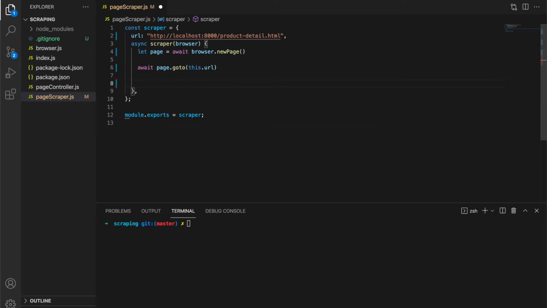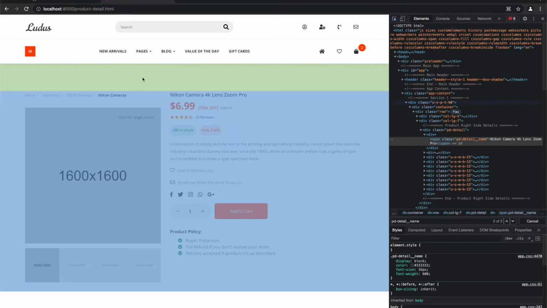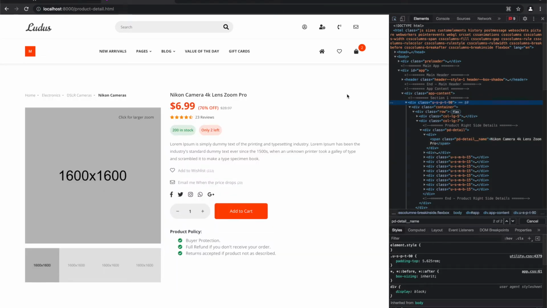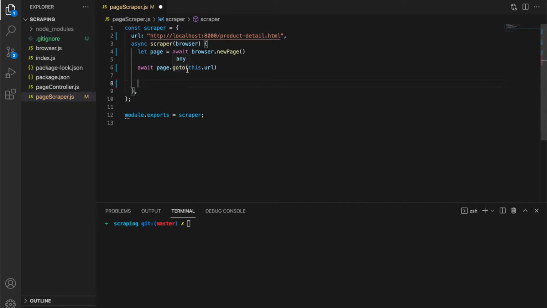Then we need to wait for selector because we have to make sure that the DOM is loaded before we start doing anything with it. So in our case, I think this one is the best element to wait for to load. So we can just say await page.waitForSelector and just say app content.